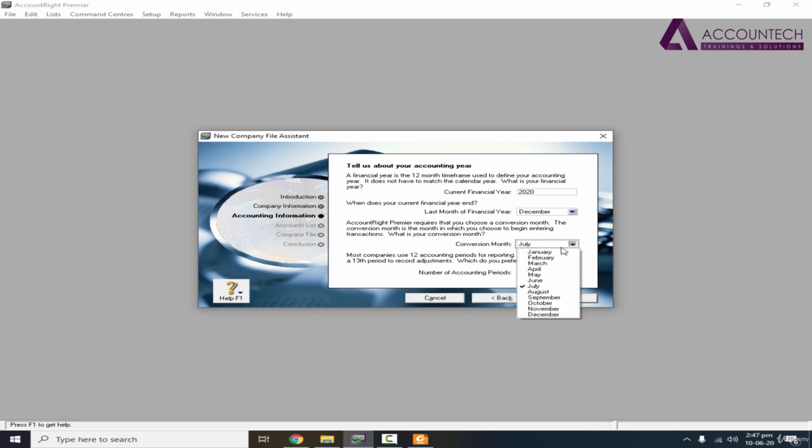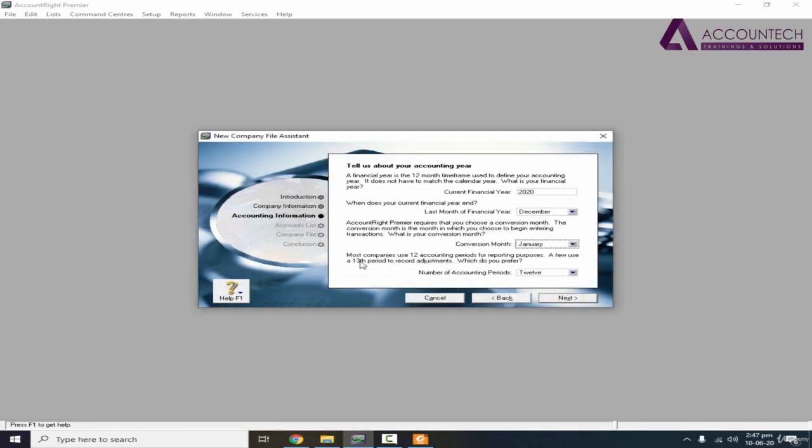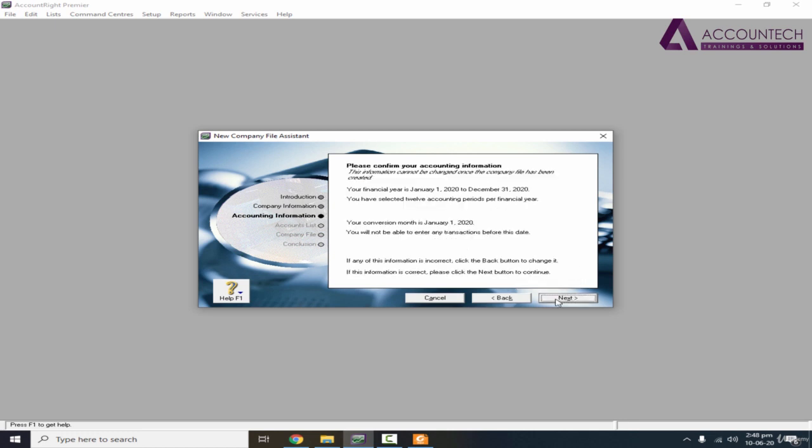So obviously that is January, because we will be entering all of the opening balances as of 1st January after the close of last year. Next, most of the companies use 12 accounting periods for reporting purposes and recording adjustments. Would you prefer 12? Yes. I'll select 12. Now click on next.